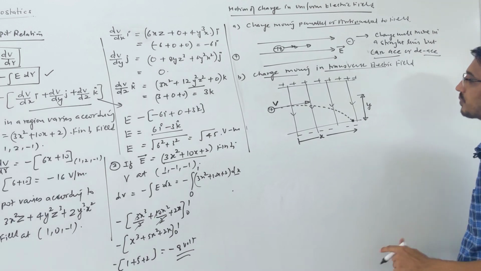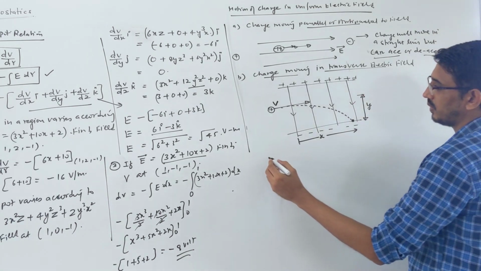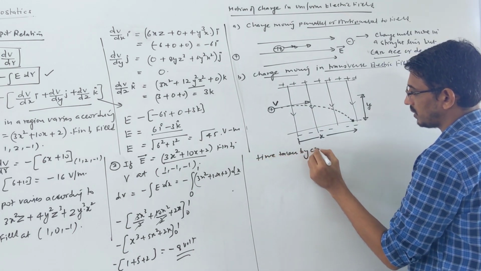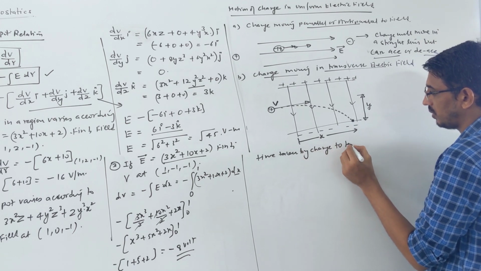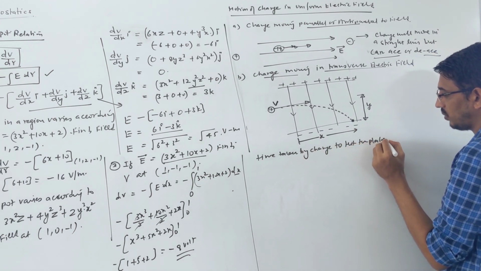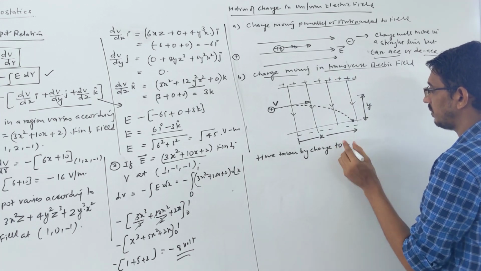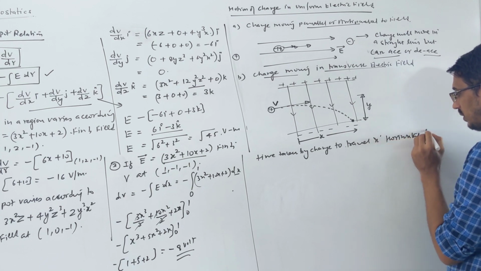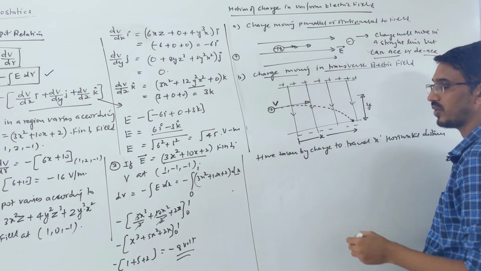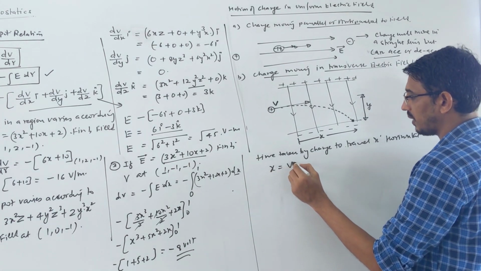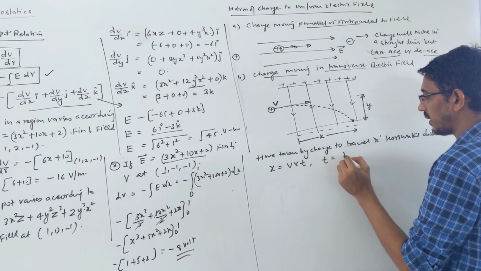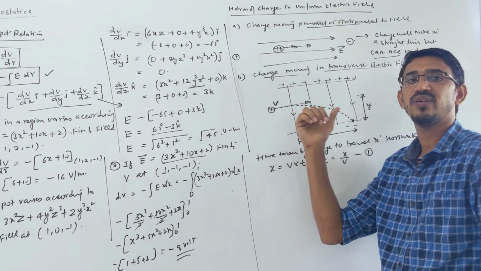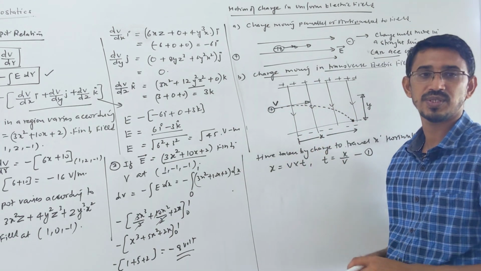Okay, so look here. Question number 1: time taken by the charge to hit the plate, or you can say to travel x horizontal distance. It's just like projectile motion. If you know projectile motion, you can understand this. So x is nothing but velocity into time. So time will be x by v, simply equation 1. This is velocity v horizontally. So horizontal velocity doesn't change, vertical velocity will change.